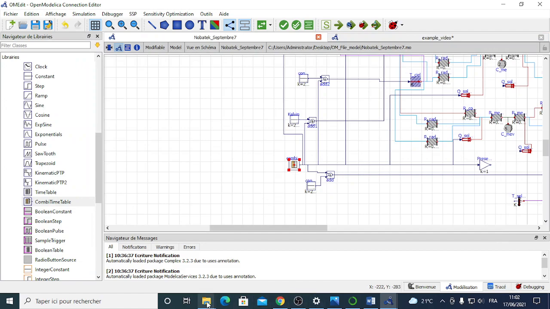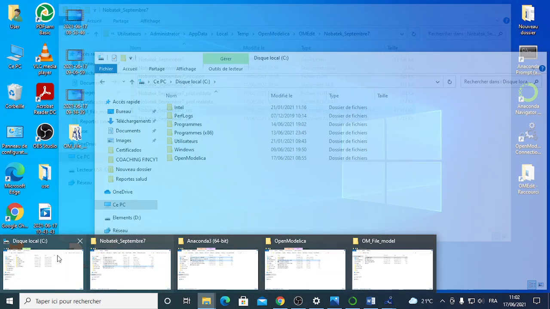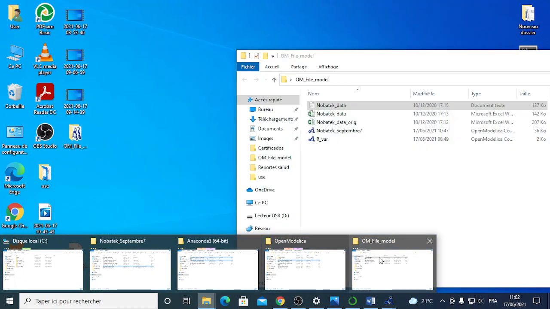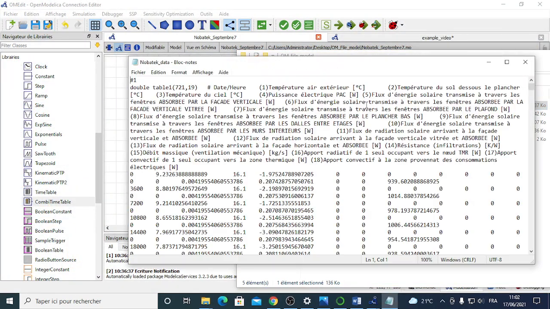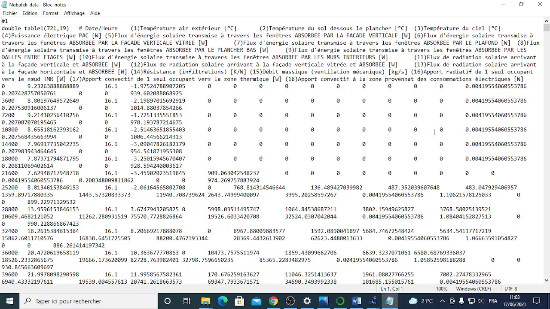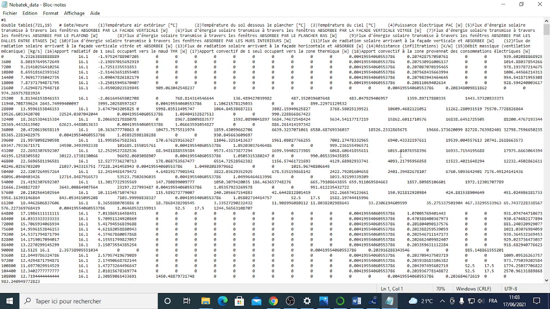So if we go to the directory where I have this data, which is here, I already showed you that it has a particular layout. So what we have to do is,